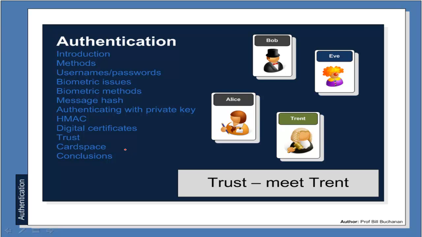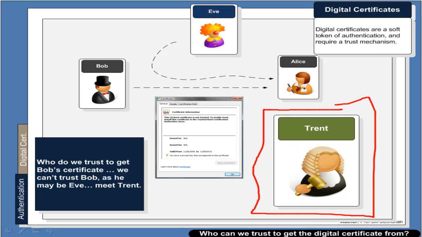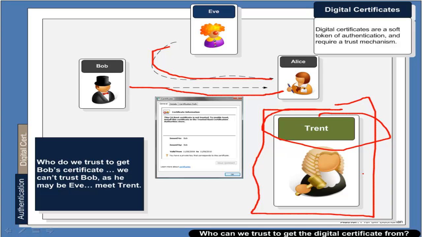Okay, so a key element of this is, who do we actually trust? We can't obviously trust Bob to send his identity. So we now introduce a new character, which is Trent. And Trent is someone who is trusted to identify an entity. So in this case, Bob might send a digital certificate to Alice identifying himself, saying that he is Bob, but we can't trust that because Eve could have done the same. So we now need Trent to